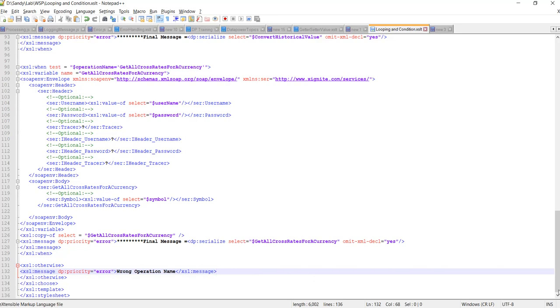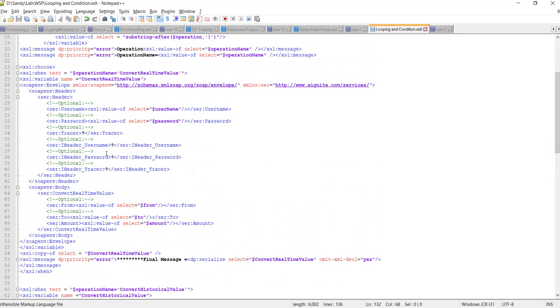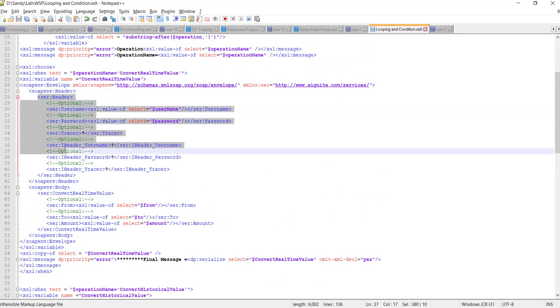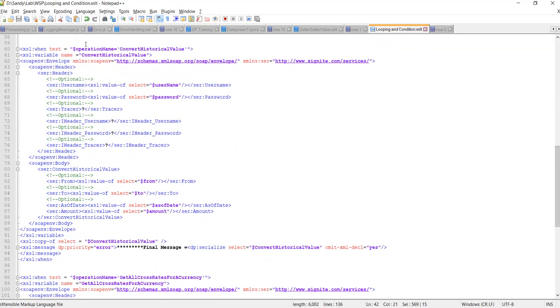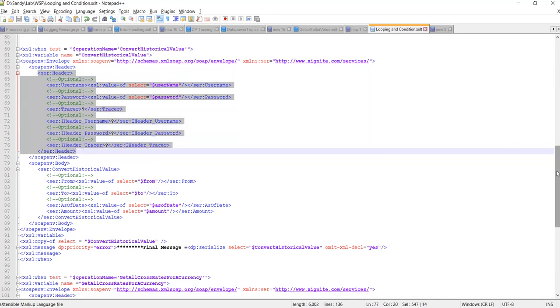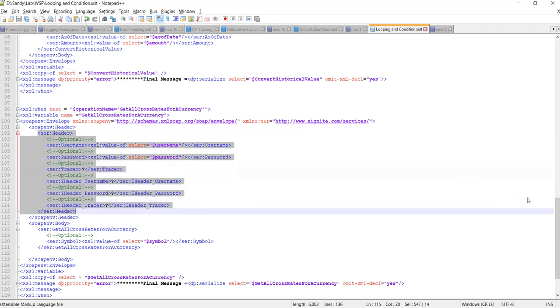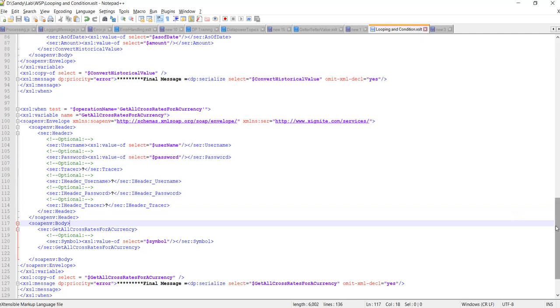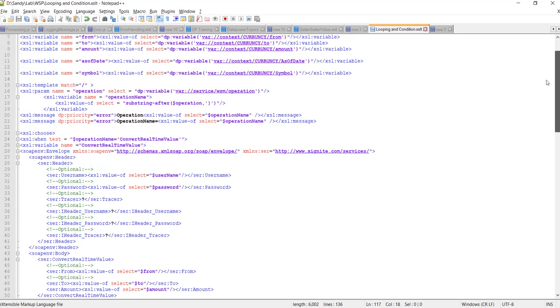So friends, in the next video, you can see that the header is common for all the operations. This header name is common, but in every message we are passing it while constructing the new request message. So I'll try to make a video on templates, meaning how we can create a template and how we call those templates. In the next video I'll try to cover this topic.